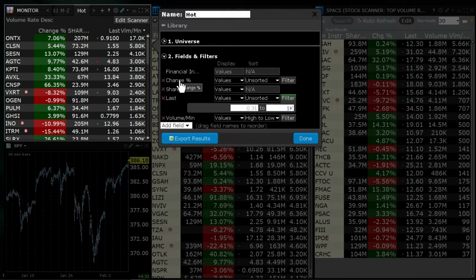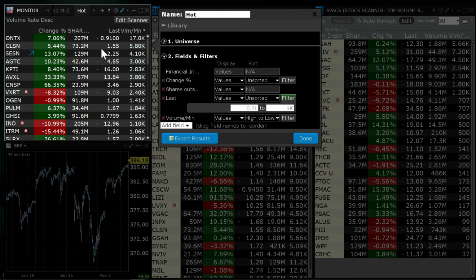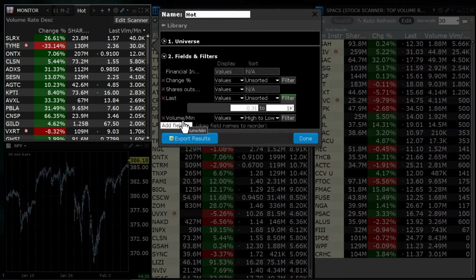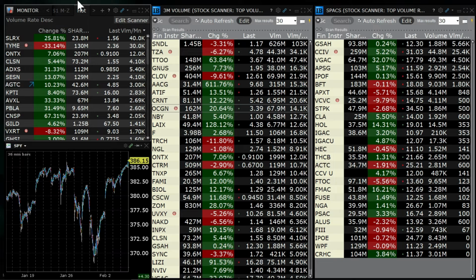And then I like to have these fields. I go financial instrument, so it shows me all of these different columns, and you can select those here by just adding a field to what you're doing. And you can set default values for all of this too, so you don't have to do this manually every time. You can actually set all this as a default in your settings for IBKR. But at any rate, I'm clicking done, and now I've got a scanner that is showing me everything that's hot